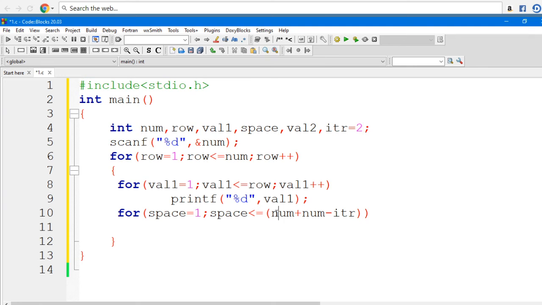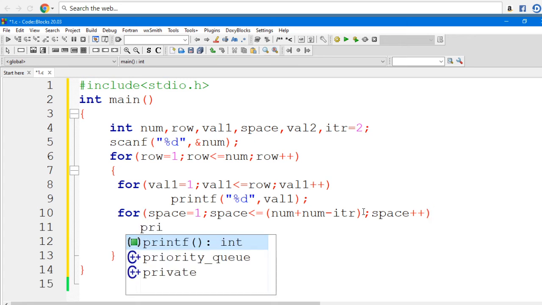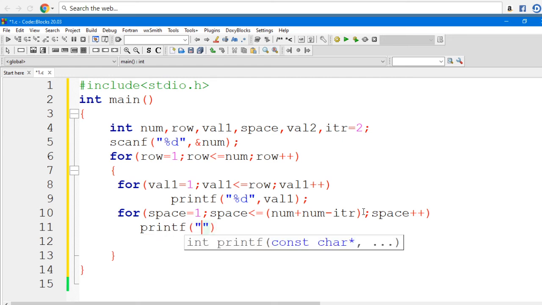So here num plus num is 10. So 10 minus 2 is 8. So in your first row we generate 8 spaces. Then you can increment your space each time, so provide space plus plus. So inside this for loop we can print space using printf. So space is completed.